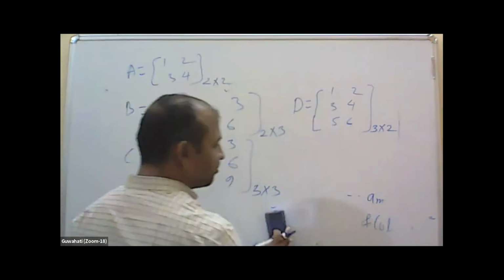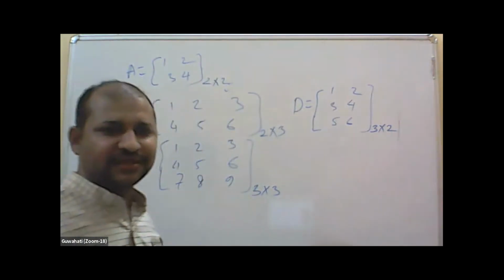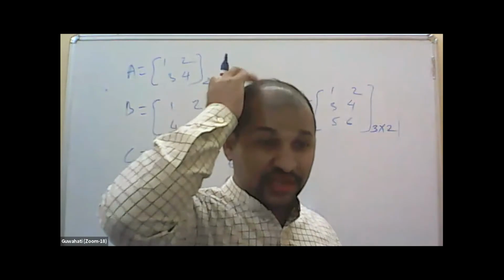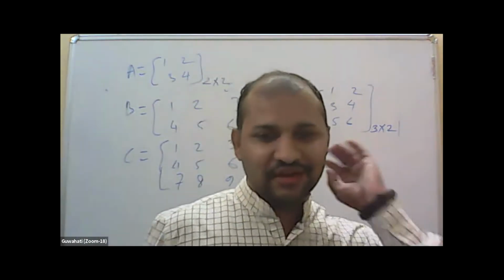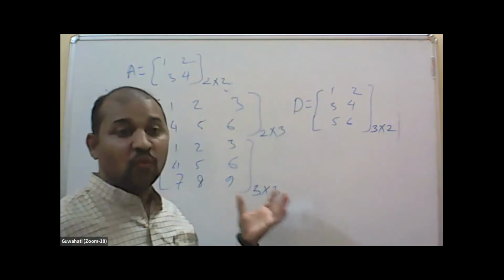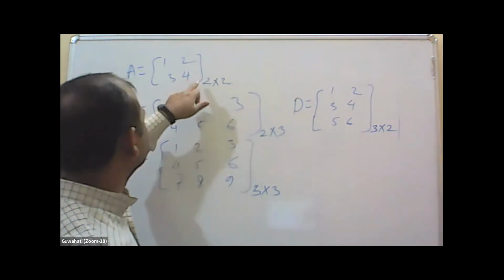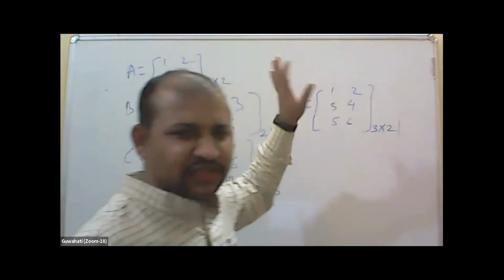2 into 3. 3 into 3. 3 into 2. Right. So this is nothing but the order of the matrix. Sometimes we call it the dimension of the particular matrix. That is in mathematics, where we will go into vector analysis and all these things. There you will use this kind of notation and wording called dimensions. So we'll not go into that. Just keep in mind that this is nothing but the order of the matrix. I think the definition of the order is clear.